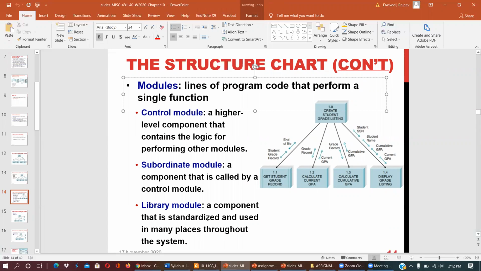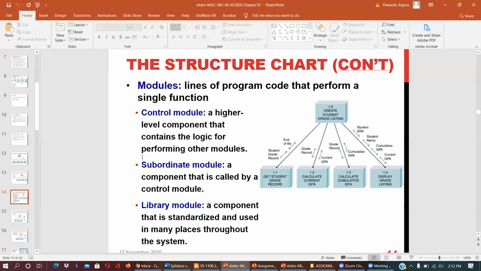And here are 3 types of modules: control module, a higher level component that contains the logic for performing other modules; subordinate module, a component that is called by a control module; and a component that is standardized and used in many places throughout the system, which is a library module. So these three modules are there. We are going to see